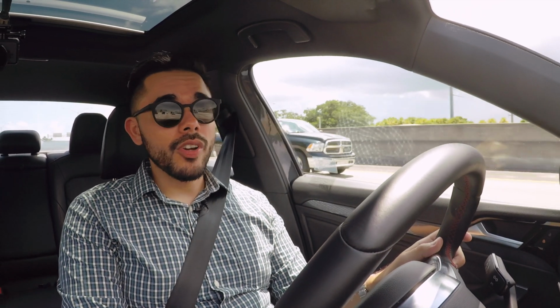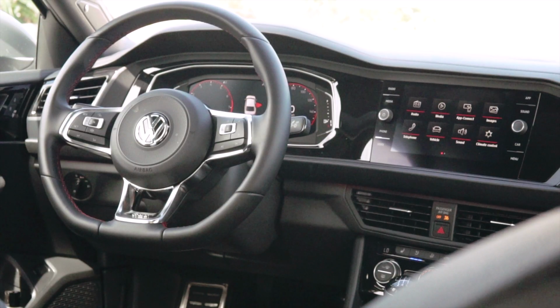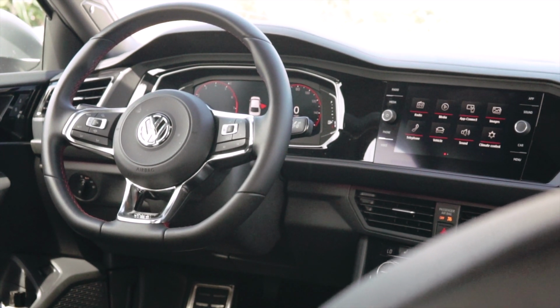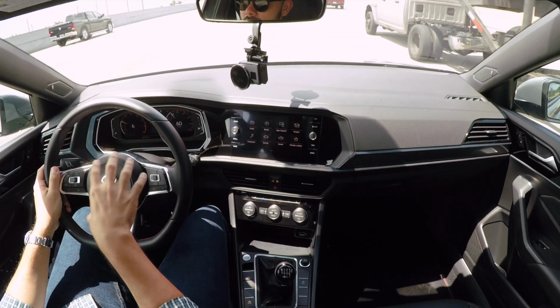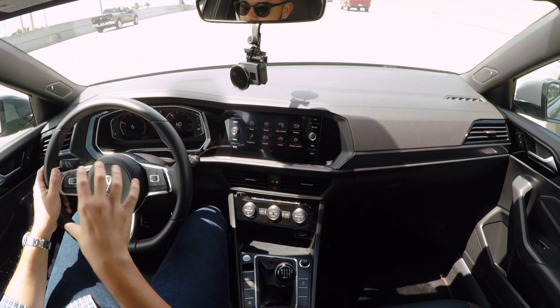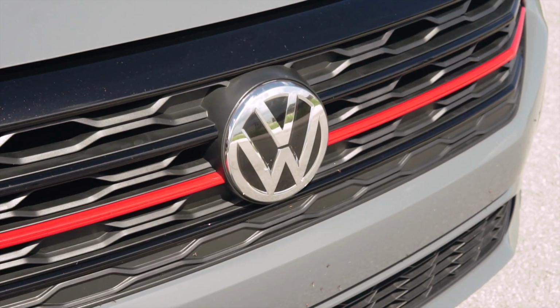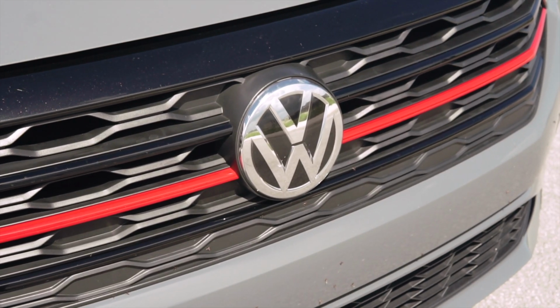Now, keep in mind, this is the Autobahn, so you do get pretty much all the bells and whistles. If you look around me in the cabin, everything here is black leather with red stitching, much like in the GTI. This steering wheel in front of me is directly from the GTI itself. Everything seems to be pretty well screwed together. There's no weird noises, no weird rattles, kind of what you'd expect if you're paying at this price level for